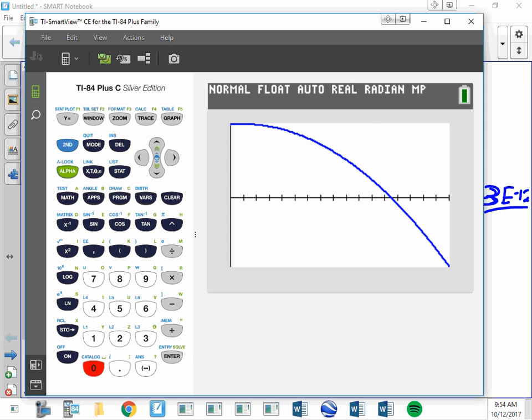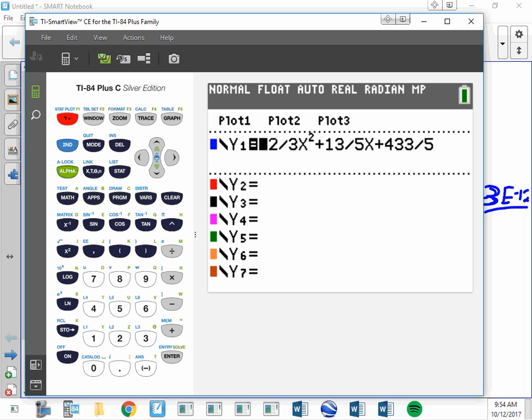So an adult male's weight in kilograms can be modeled by that function. An adult male, so this is just one person. Did I get the function right? Negative 2/3 plus 13/5 x. Yeah, huh. Cynthia. Okay,